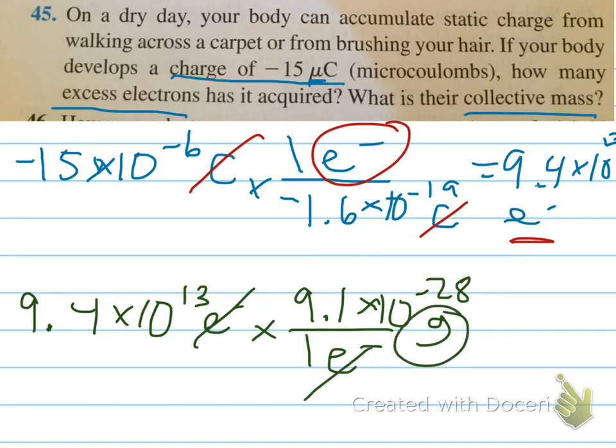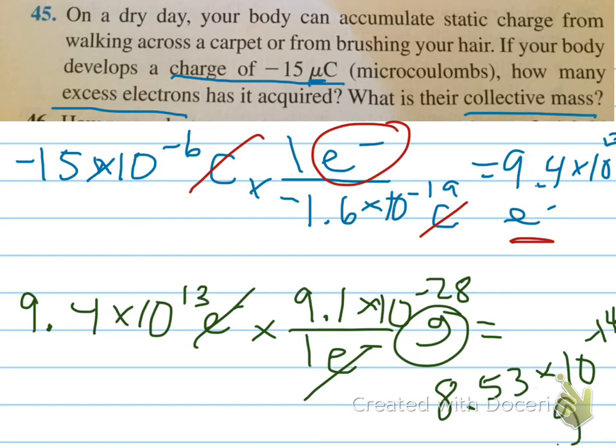I will be left with grams, and their collective mass should be 8.53 times 10 to the negative 14